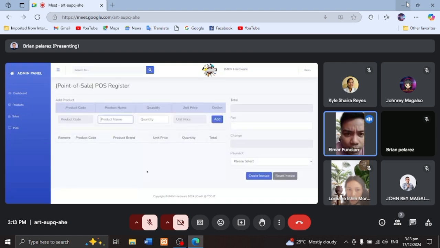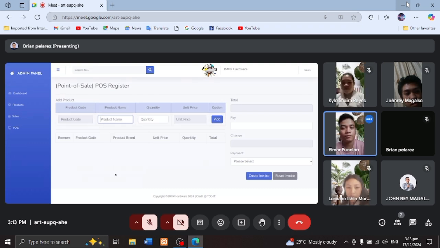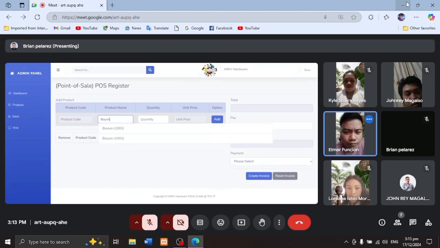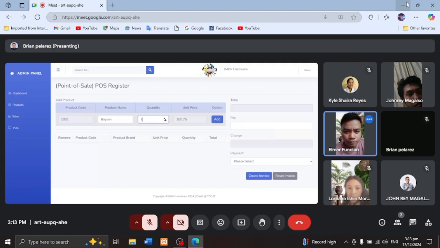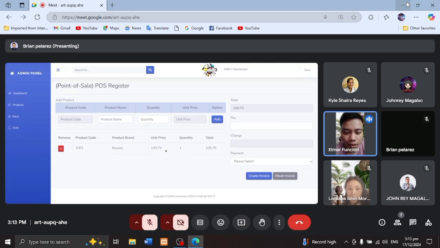As you can see here, point of sale. We're going to register the product. Let's try to register a product. As you can see, the product is registered.